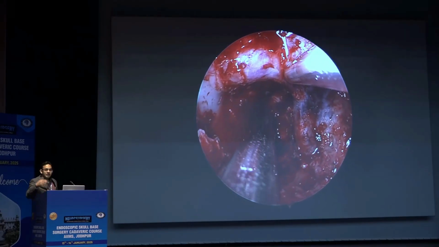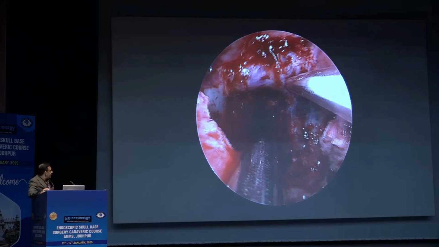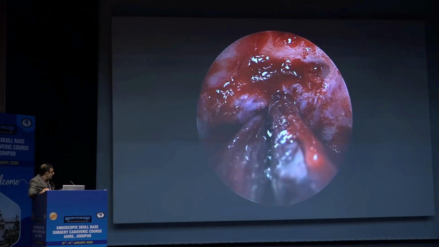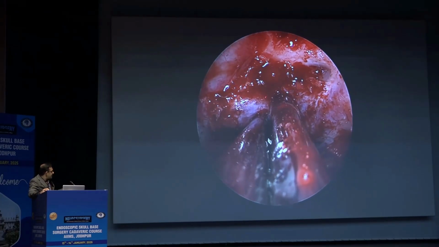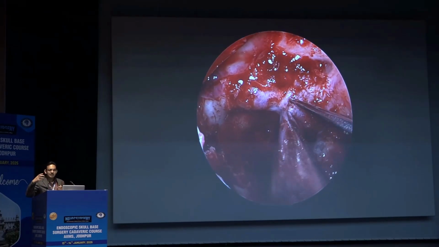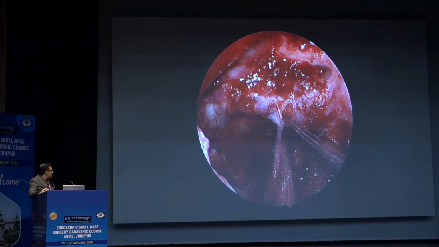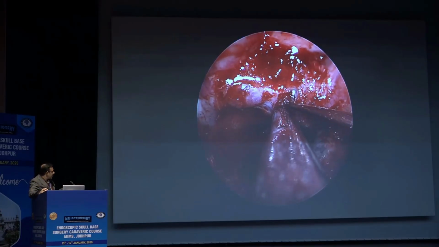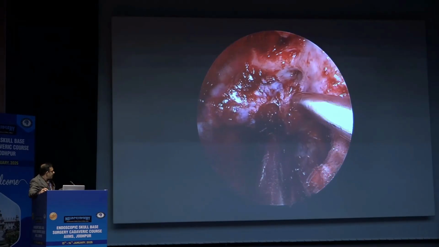You can use the Doppler to insonate the ICA and identify where the cavernous sinus can be opened. The opening is made here at the junction between the inferior intercavernous sinus and the cavernous sinus. This is an area where you have some dead space, which can then be filled with Surgiflo. So the anterior part of the cavernous sinus is opened, and as we expose superiorly,